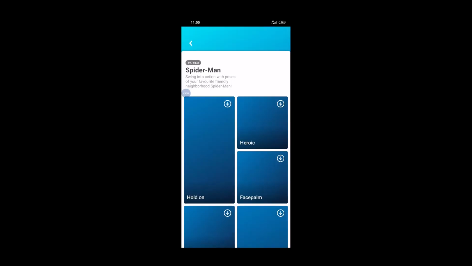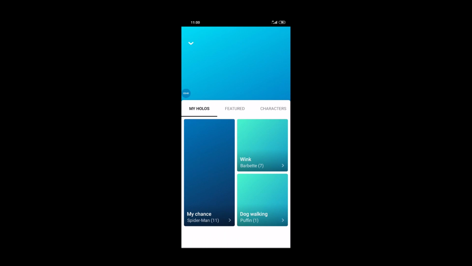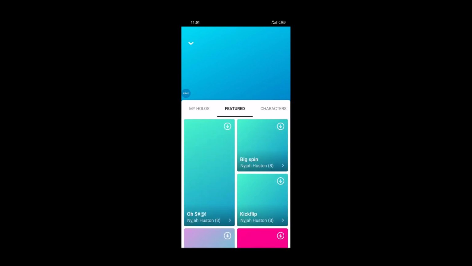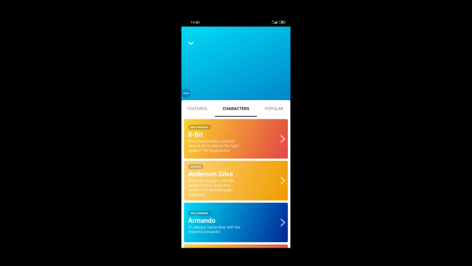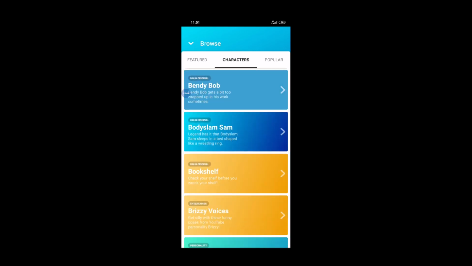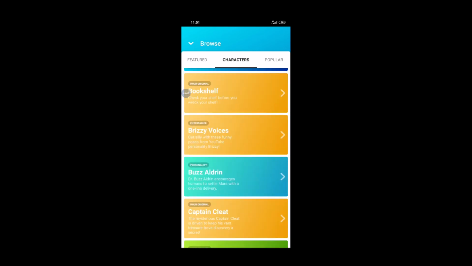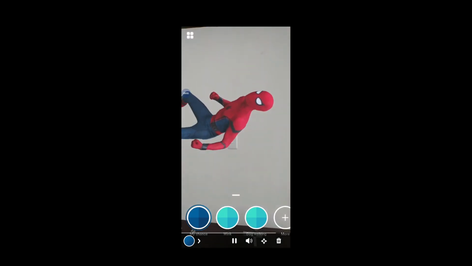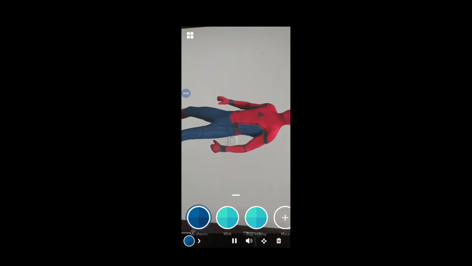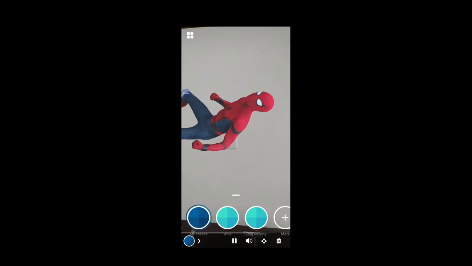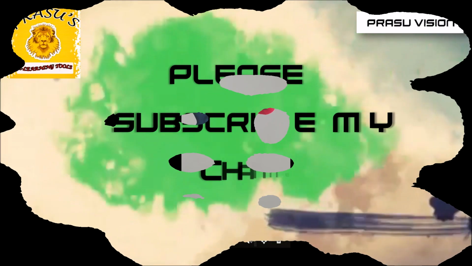So we can bring more options here. So featured applications are there. A lot of characters we can bring. Just click. Sometimes we have to pay. A lot of free features are also there. So don't forget to work out this application in your classroom. So take more attractive videos with the support of Holo.